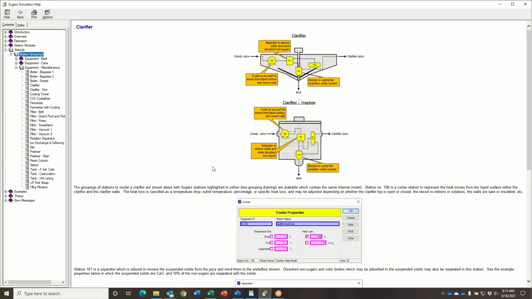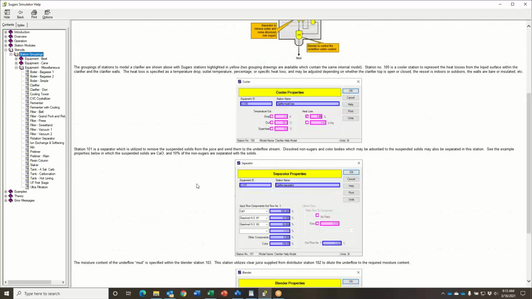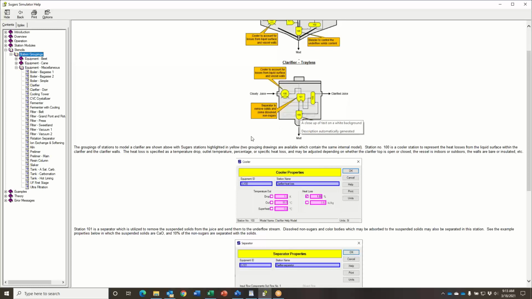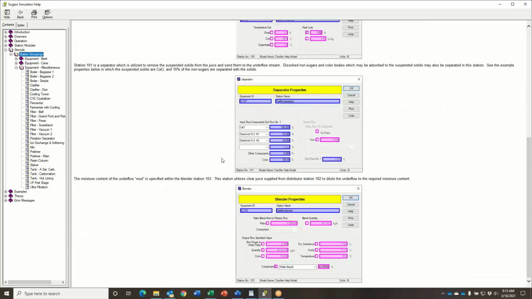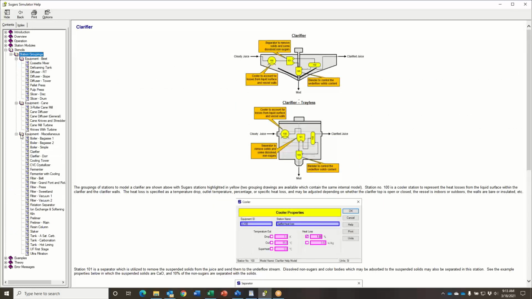And they save some time in both drawing the diagram and configuring things. But up to now, we didn't have any help files specifying how to configure those individual stations within the grouping and giving examples of how they run. But now you'll notice for each stencil, the equipment beet, equipment cane, and the miscellaneous, we have a detailed help